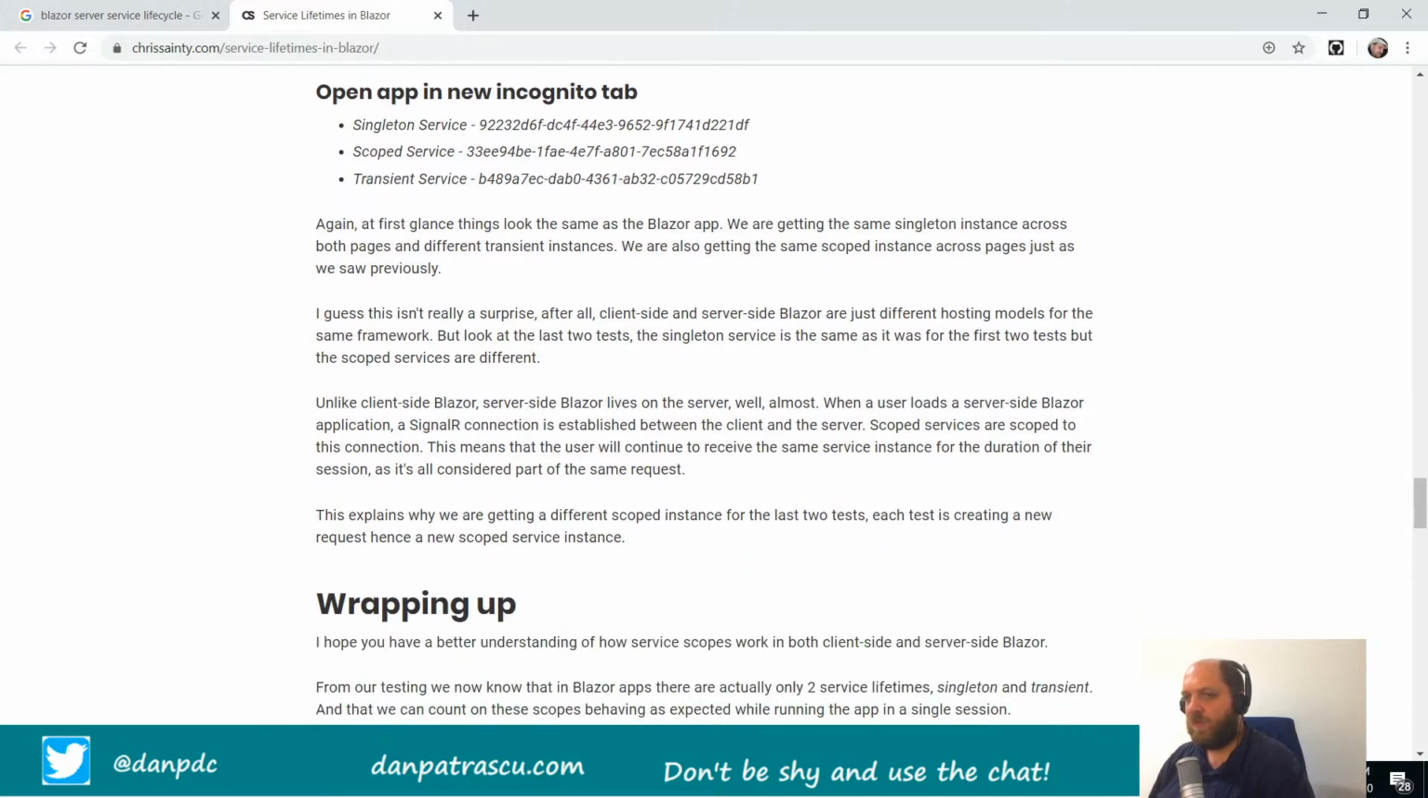I guess this isn't really a surprise. After all, client side and server side are just different hosting models for the same framework. Just for the first two tests, but the scope services are different. Unlike client side Blazor, server side Blazor lives on the server. Well, almost. When a user loads a server side Blazor application, a single connection is established. Yeah, that's correct. That's called a circuit right now, and the client has server scope. Scoped services are scoped to this connection. Yeah, that's correct. So this means then basically, as long as my connection is the same, all the services, even if they are scoped,